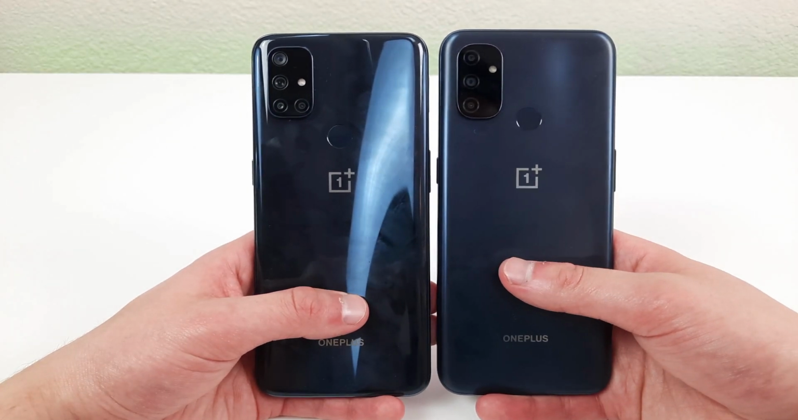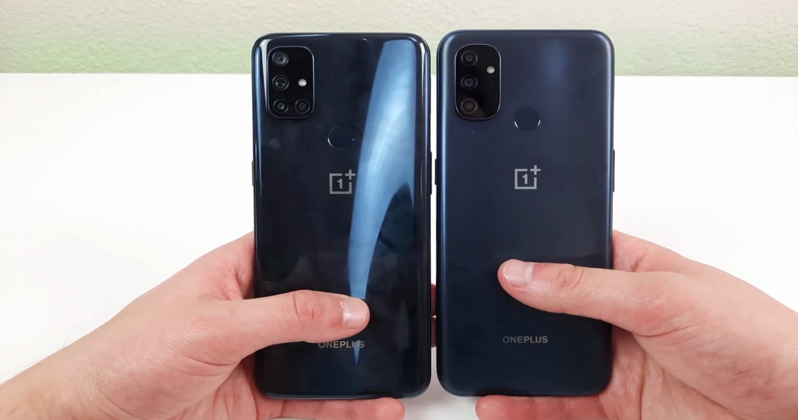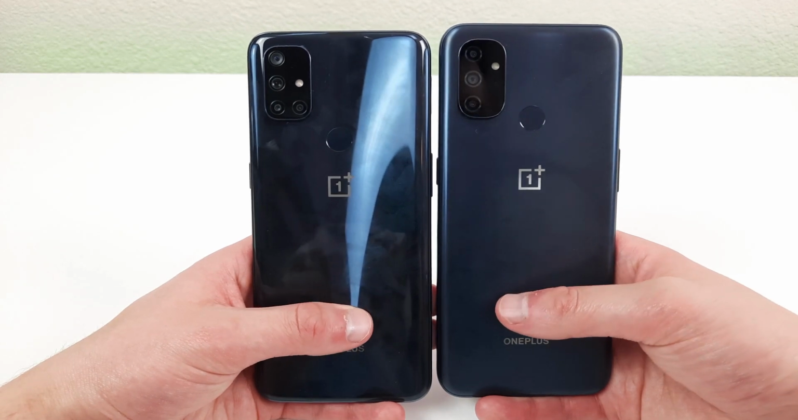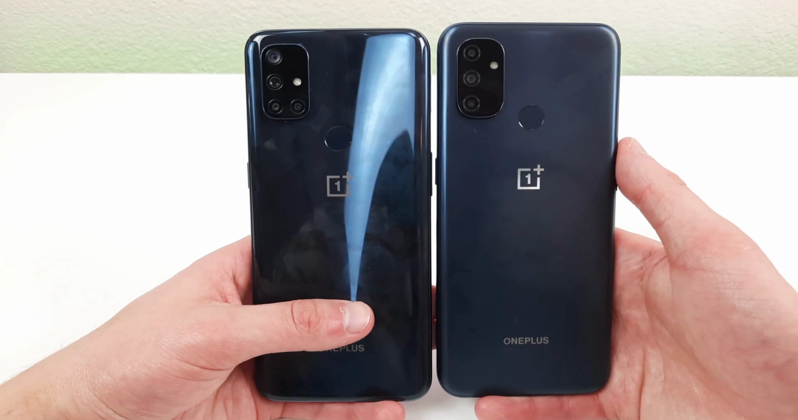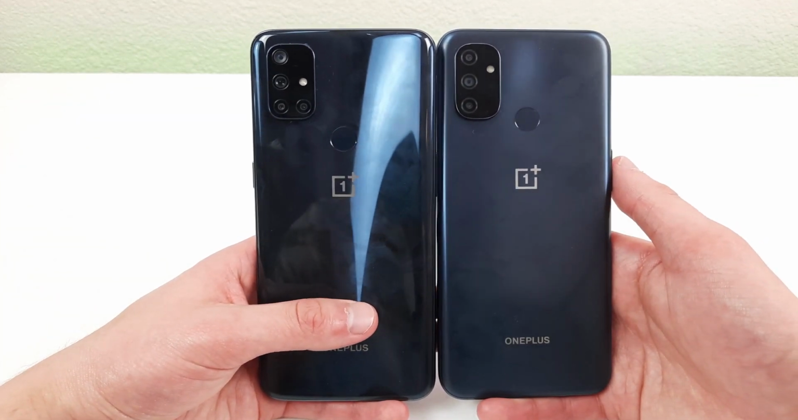The OnePlus Nord N100 has a 13 megapixel rear camera, a 2 megapixel macro camera, and a 2 megapixel depth sensing camera. It's missing the ultra wide camera, so that's a little bit of a disappointment. I don't know why they couldn't have just included both features on both phones, but at least the N10 5G